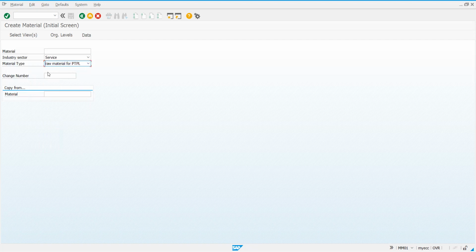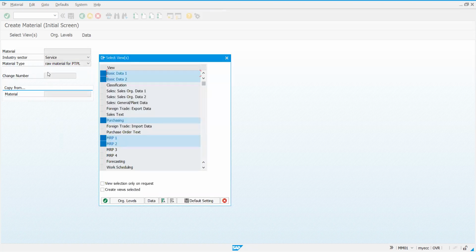In OMS2 screen, we had defined this raw material for PTPL. OMS3, OMSF, industry sector, material group, all these things we had defined and configured under SPRO. So those things are reflecting now here. Are you able to understand this? Yes. Now I'll just click on enter.